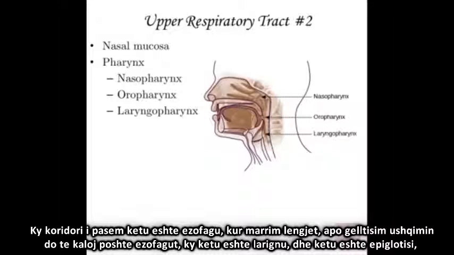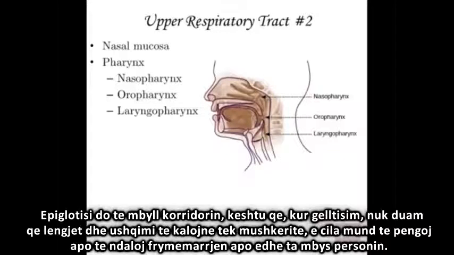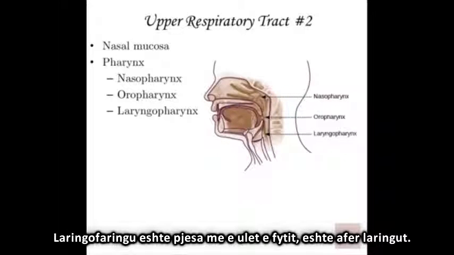And finally, the most inferior part, the laryngopharynx, because the larynx is right there. So here we have, it's kind of like a fork in the road. Posterior passageway here, that is the esophagus. So when you do drink fluids, swallow, like I just did, swallow food, for instance, it's going to go down the esophagus. This is the larynx, and right here is the epiglottis. That's a flap that's going to close on top of this passageway so that when you do swallow, you don't want fluid and food going down into your lungs. That could cause you to aspirate and cause you to stop breathing and kill a person. So the laryngopharynx is that lowest part of the throat that's adjacent to the larynx.